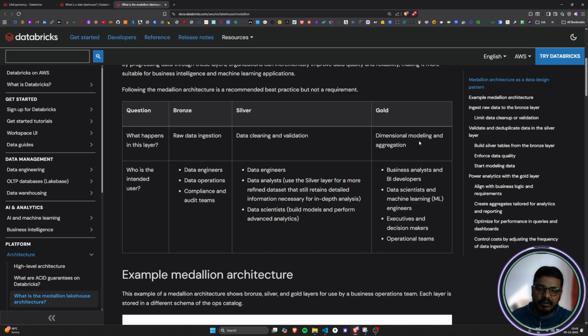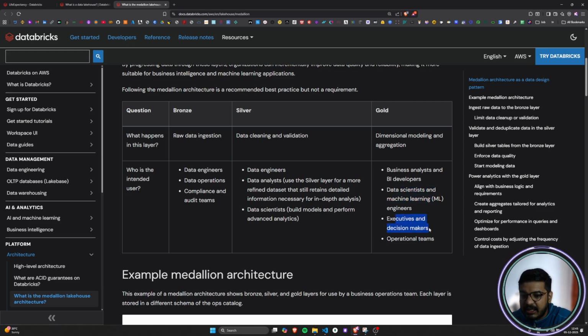So dimensional modeling means there will be some kind of dimension reduction from silver to gold. Dimension reduction means that we will be dropping the unnecessary columns that are not required for that particular purpose. So here data analytics and BI developers come into the picture, data scientists and ML engineers come into the picture,